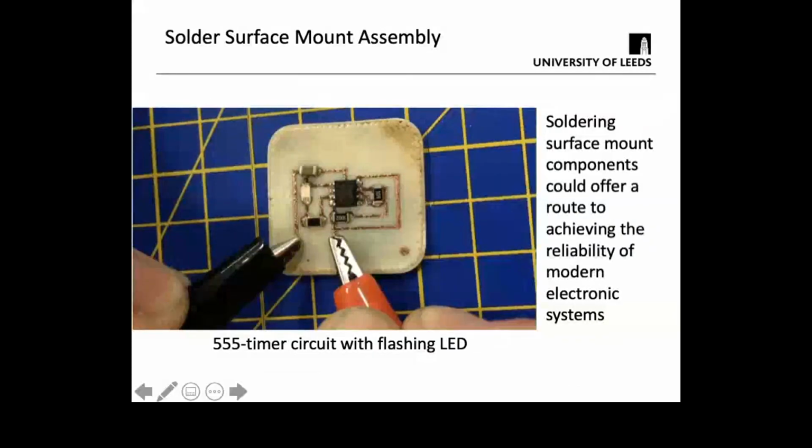The examples I've shown you so far only really cover examples that don't have components attached to them. So the next stage we wanted to see was, could we use solder surface mount assembly? When I talk about surface mount, what I'm referring to from the electronics industry is a method of attaching the components directly onto the substrate rather than using through-hole or other methods. This is a highly refined approach. It's driven the boom in contract electronic manufacturing, and it allows very fast, reliable, and repeatable ways of making